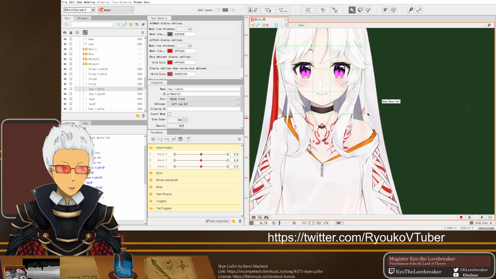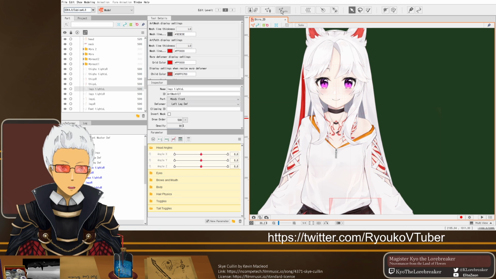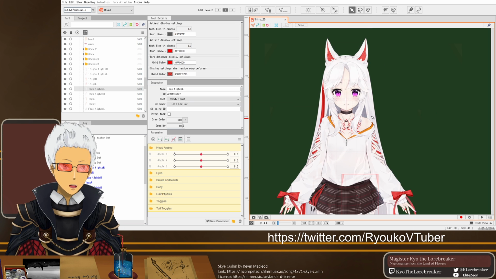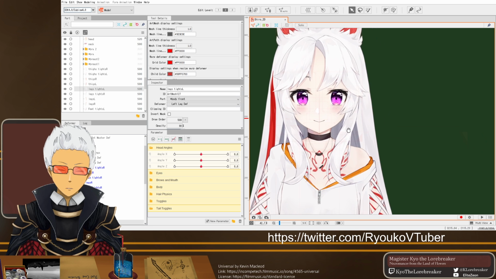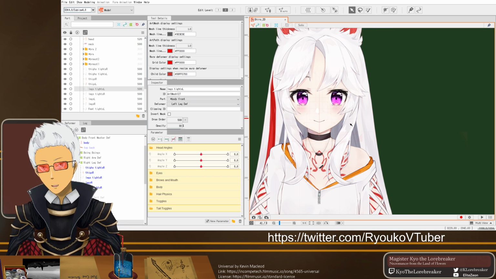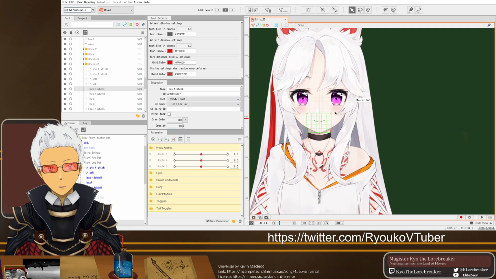For some reason, some of her meshes were vanishing after I did a quick deformer. For example, a part of her hair would start vanishing if I did a standard mesh, but if I went for a heavy mesh, then it would stay. It was weird to figure out, and it took me a few hours of frustrating work to get done.